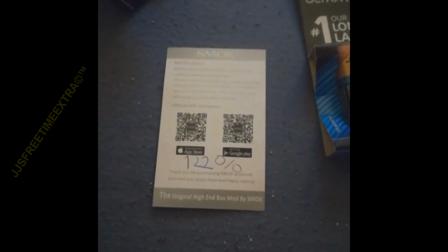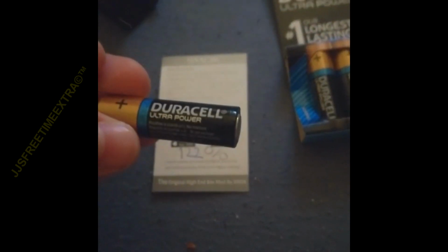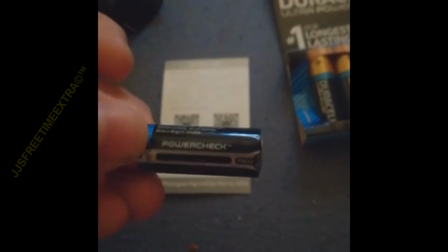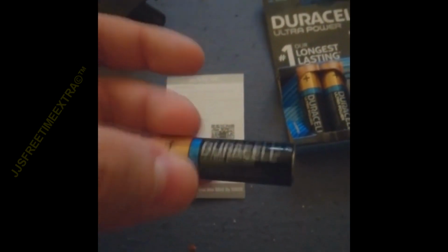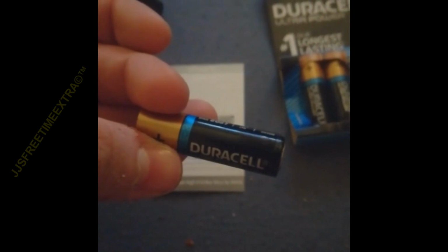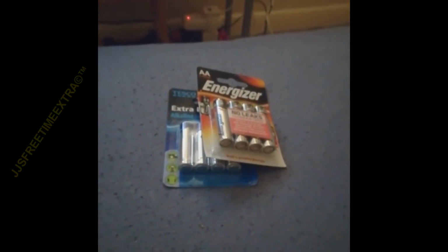So there we go, 122% for these Duracell Ultimate Power, actually Ultra Power. And I like how this status tells me how much battery is left, but it's stupid technology. Just use one of those battery checkers or something. Anyway, now it's to these, but first, sleep or wait until Monday because...